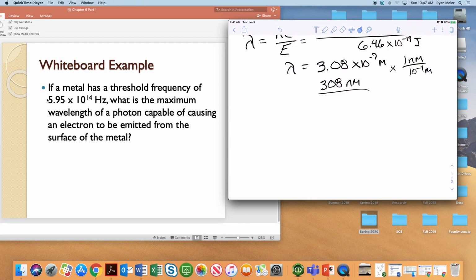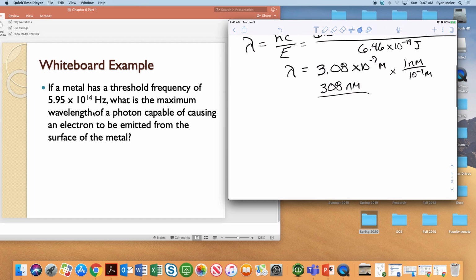And so really all we need to do is convert this frequency into a wavelength. And that wavelength should be the maximum possible wavelength that you can have and still knock an electron off of this metal surface. Otherwise, we would need a shorter wavelength because that would have more energy. So real quick, just showing this then, we saw in the problem above,